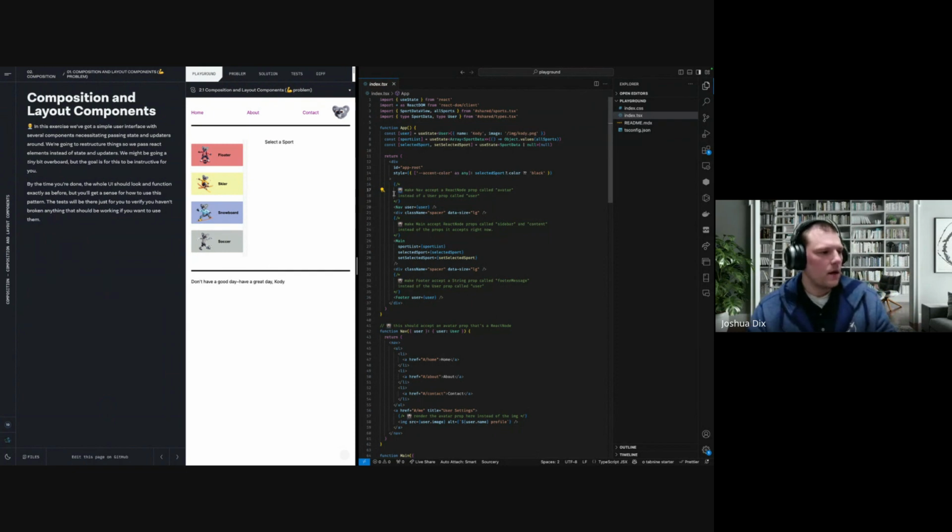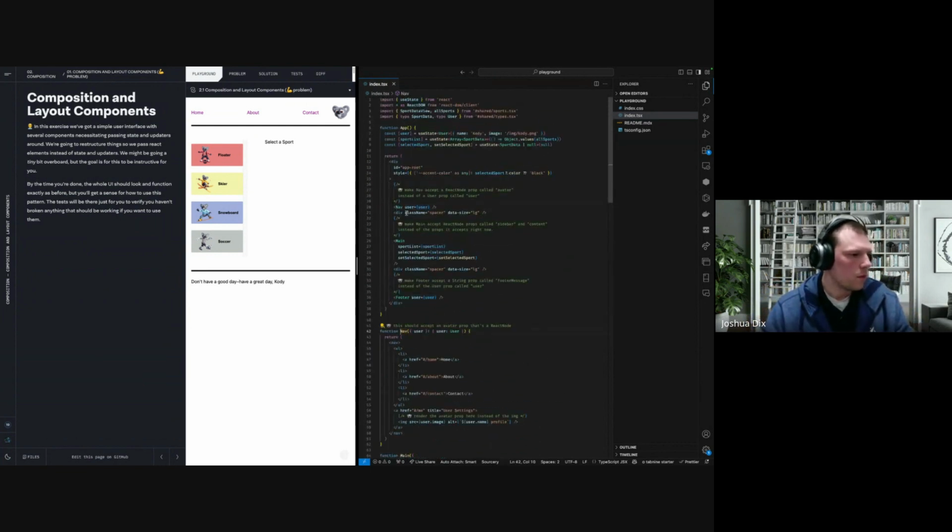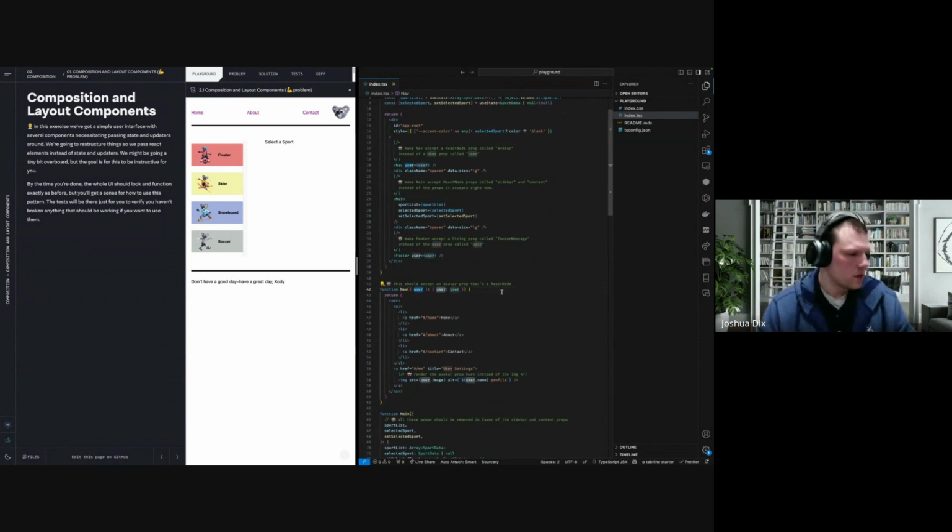So the very first thing is he tells you, hey, we need to make the dev accept a React node prop called avatar instead of the whole user prop, because really it just needs the image. And so up here, we're going to take this user out of here, and we're just going to make it accept an avatar. We're actually going to jump down because we want to do it down here. There we go. There's our user. So this is supposed to take an avatar,